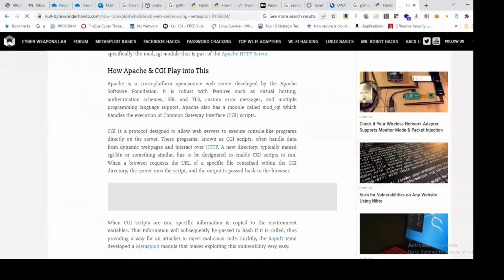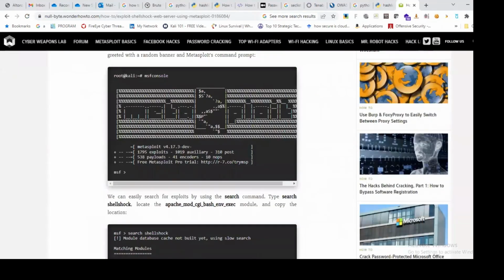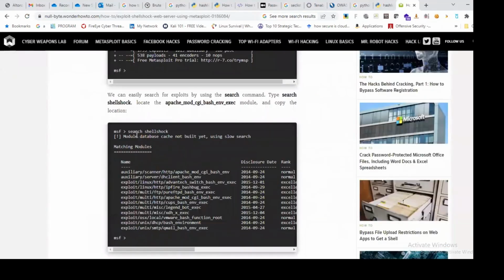So first and foremost, you need to first of all search for that particular vulnerability, search Shellshock. So based on your application,